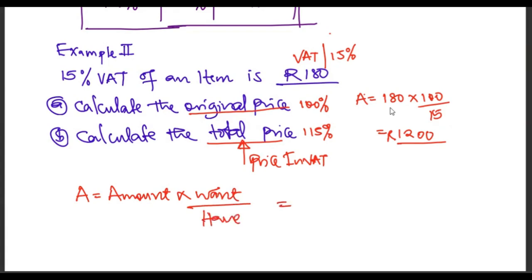The amount that we have is 180 times what we want, 115, over what we have, 15. We do that and end up having the answer as